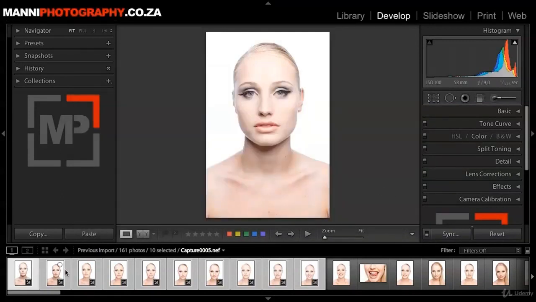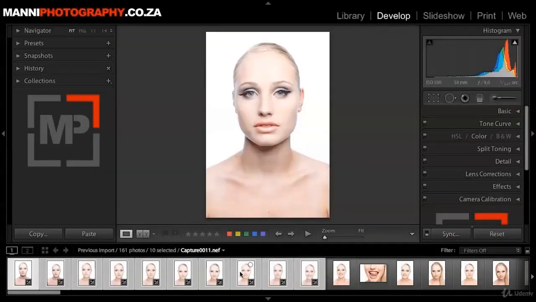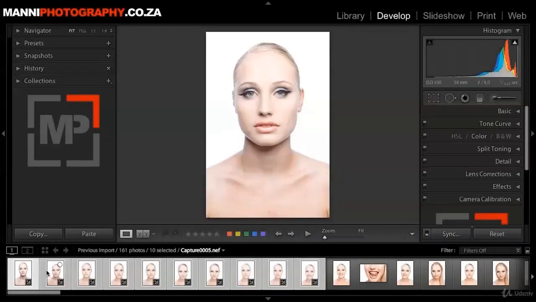Now Lightroom is running, and directly you notice these small icons. This means that all of these images have been edited to the specific look that you chose in the first one. And now, say for instance you are happy with all these images, you are ready to export them, but you